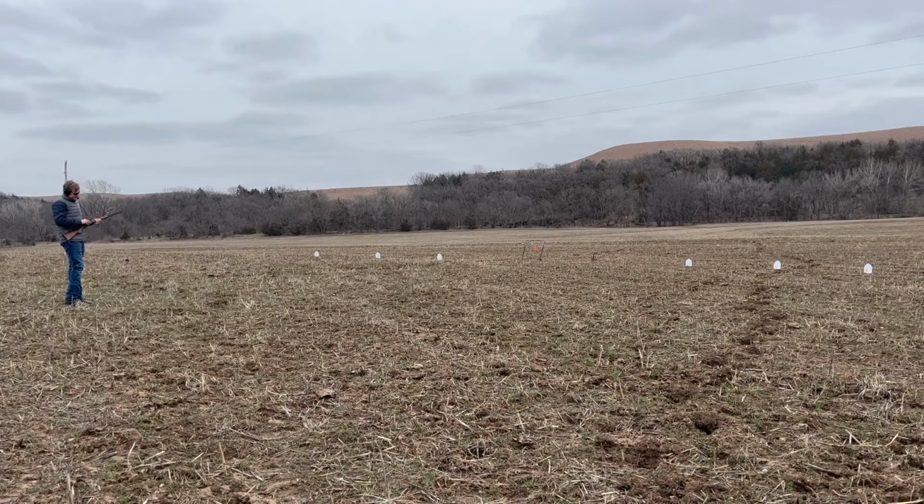Alright, let's see how many this thing really holds. Very nice, smooth line of